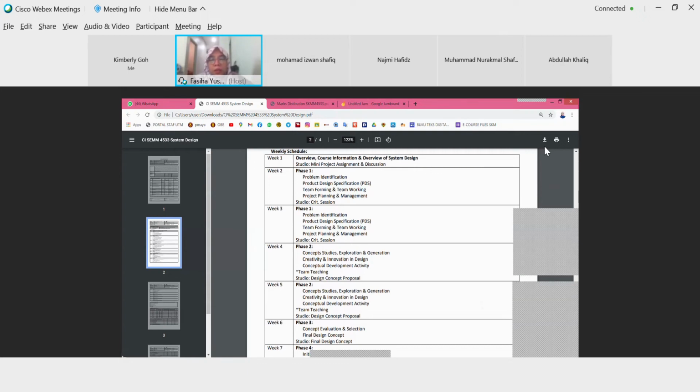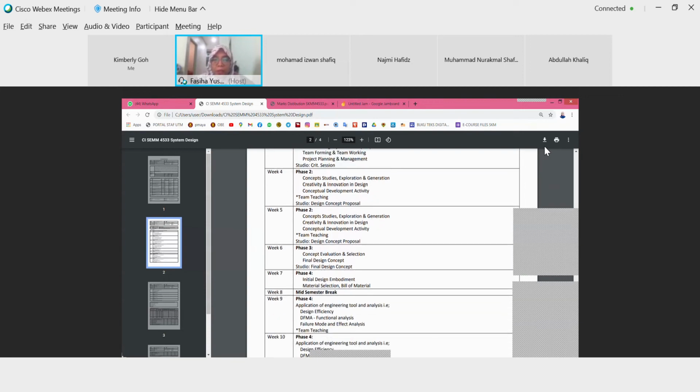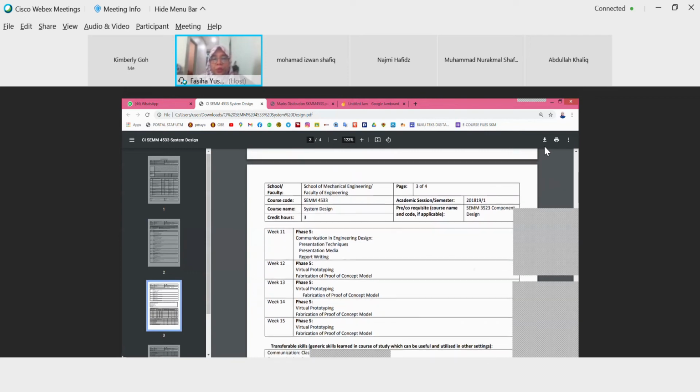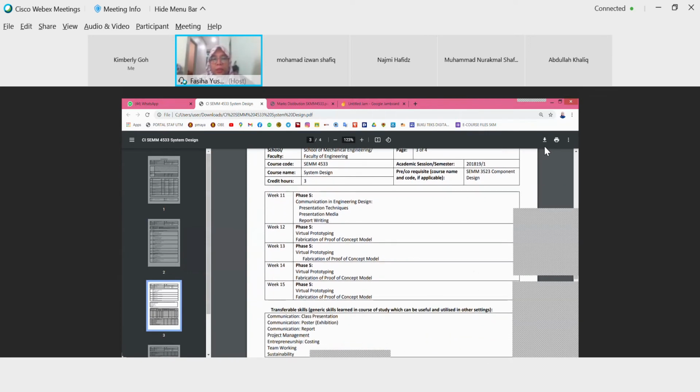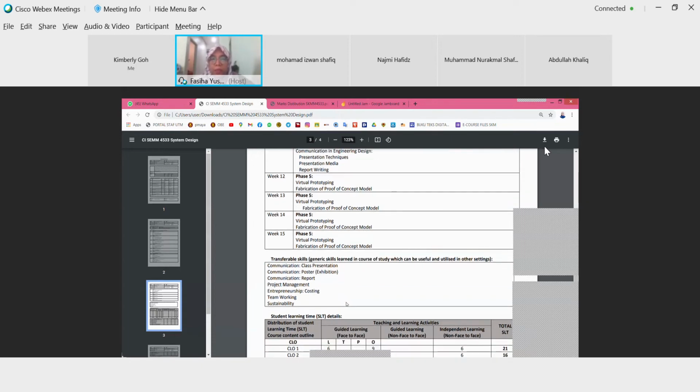As you can see here, you will go through the design process week by week up to the end of the semester, and you have to do the virtual prototyping, presentation, and report.